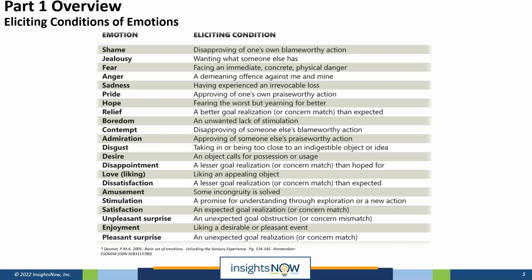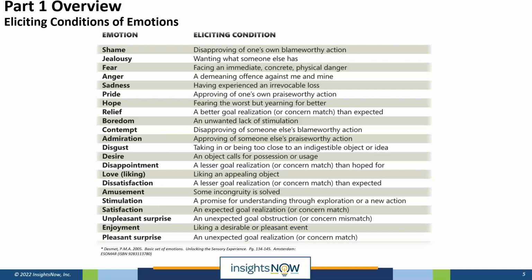The set that we love to use is Peter Desmet's set from 2005. It gives us good consistency in communication. There's a lot of good sets. This set might be too scientific for your group. This might be not scientific enough for your group, and you need maybe different layers for the types of products or services you offer. So this is a great starting point.